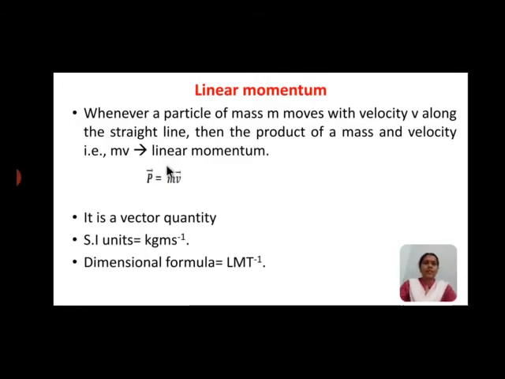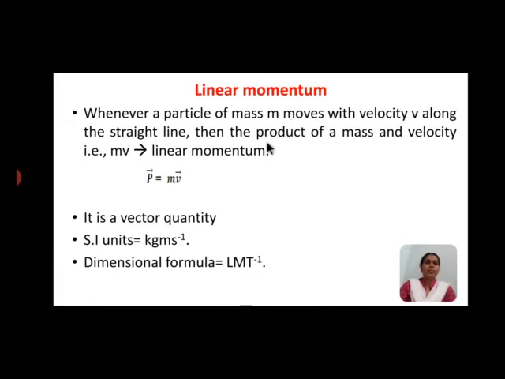So, going directly to linear momentum, as we know, the amount of motion in an object or a body depends on two things: the velocity and the mass. These are the two points on which the motion of the body depends. So the amount of motion of the body, that we call momentum. Here, linear momentum. Then what do we mean by linear momentum?